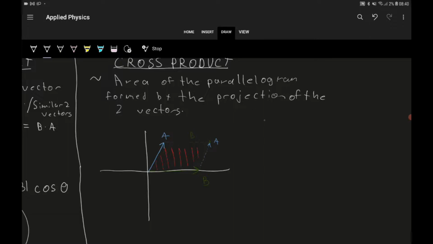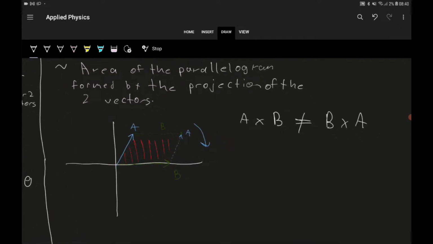It's also important to note that this is all mostly about rotation. How much can A rotate onto B, and how much can B rotate onto A. These are actually different. The notation is A cross B is not equal to B cross A. They're not the same thing. And if you calculate A cross B and B cross A, you'll instantly find out that they're not necessarily the